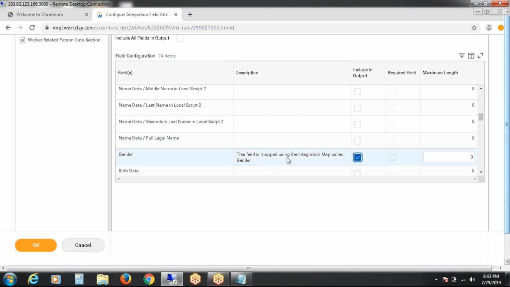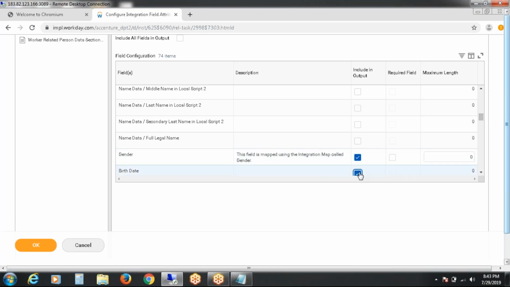This field is mapping using the integration map. It means for gender, you can map like evaluate expression field. Instead of male, you can say M. Instead of female, you can say F. So you can map the letters to the values here. So we will use this for gender, for employment status, for worker type.